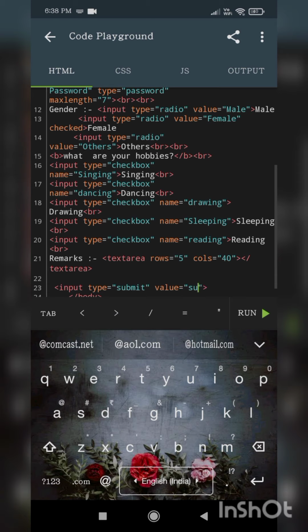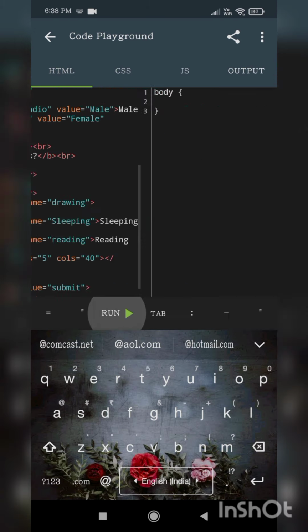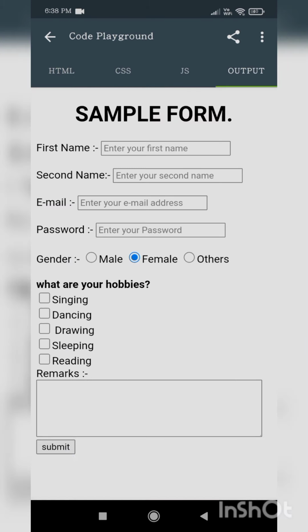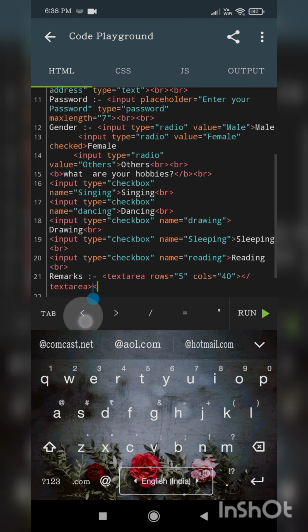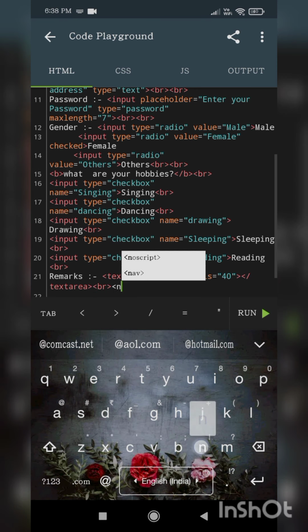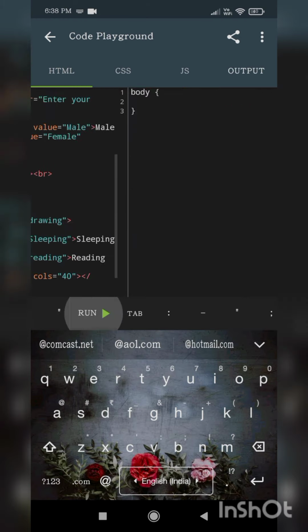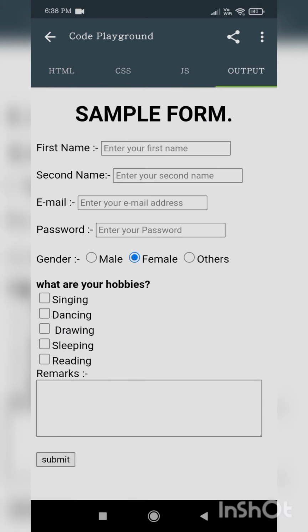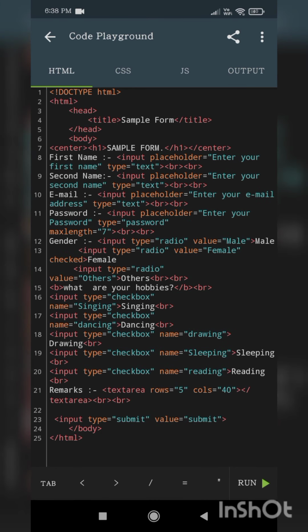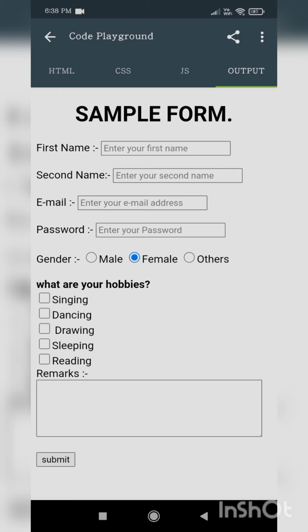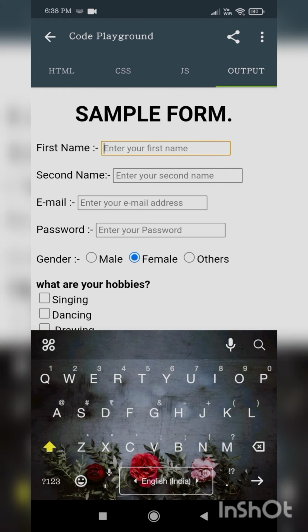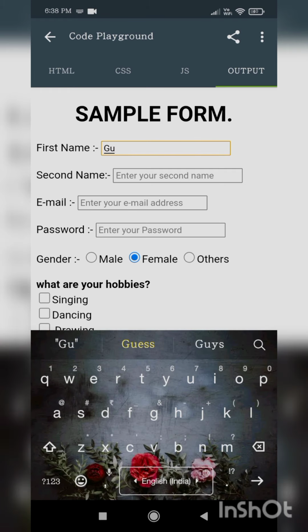Okay, so let us see the output. See friends, you got a submit button here. Here I will use some BRs. Then see friends, here we have completed one form. Yes, my dear friends, so let us fill this sample form. First name, you can write your name.